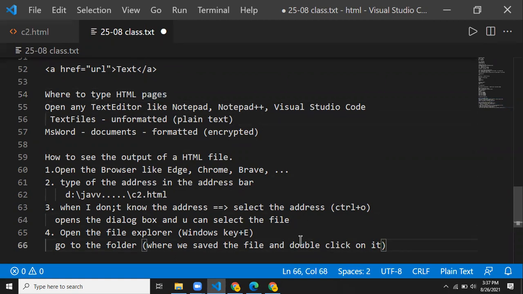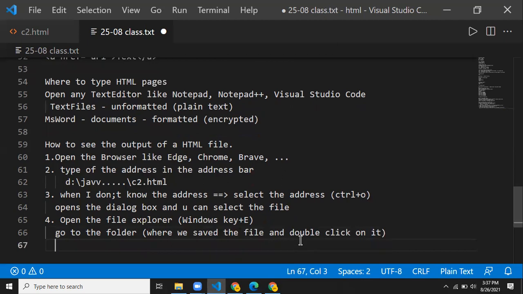So you understood where and how you are going to type your program. I'm going to make use of any editor; Notepad can be made use of, or Notepad++, Visual Studio Code, Edit Plus, Eclipse. So many different types of editors are there, so we can make use of them. Those editors can be used and you can get the work done.